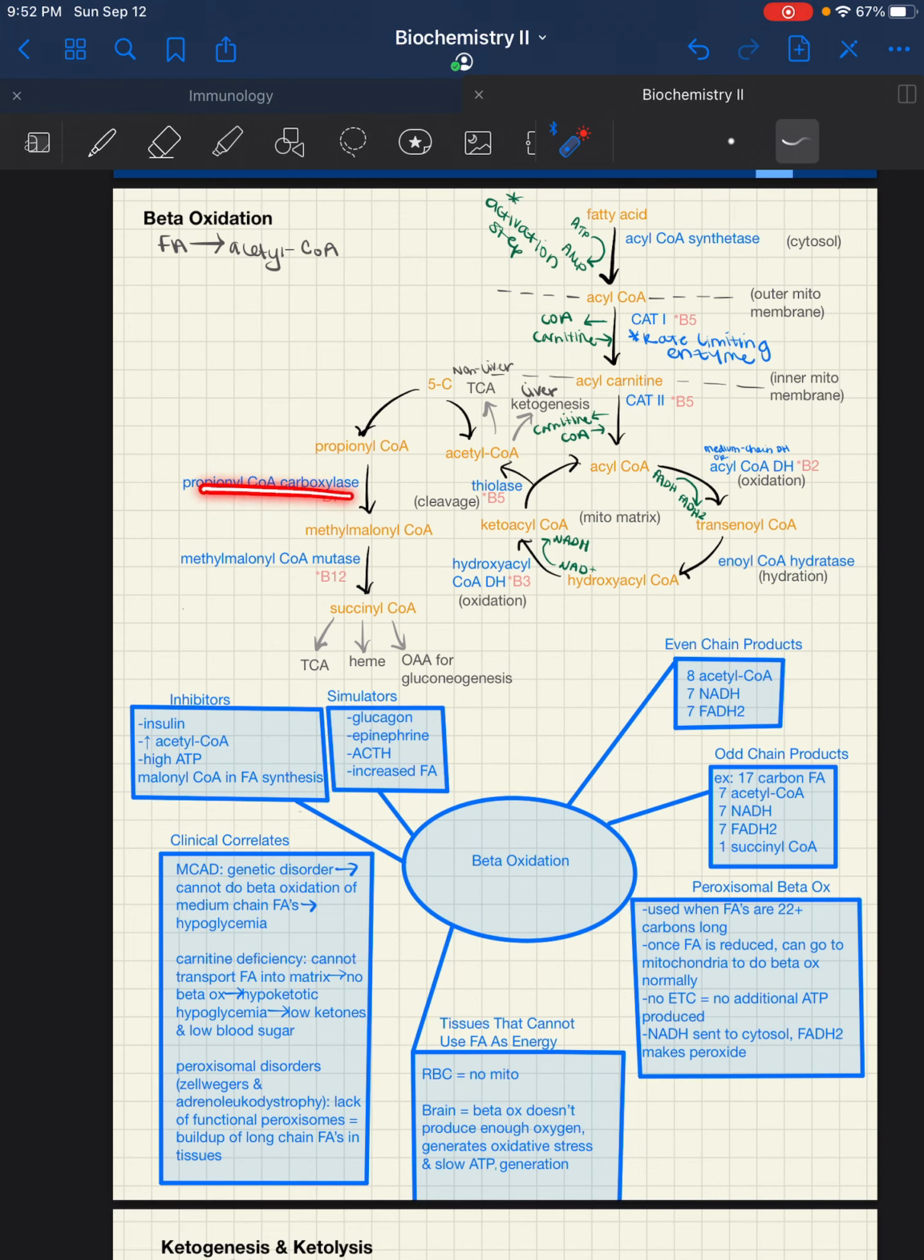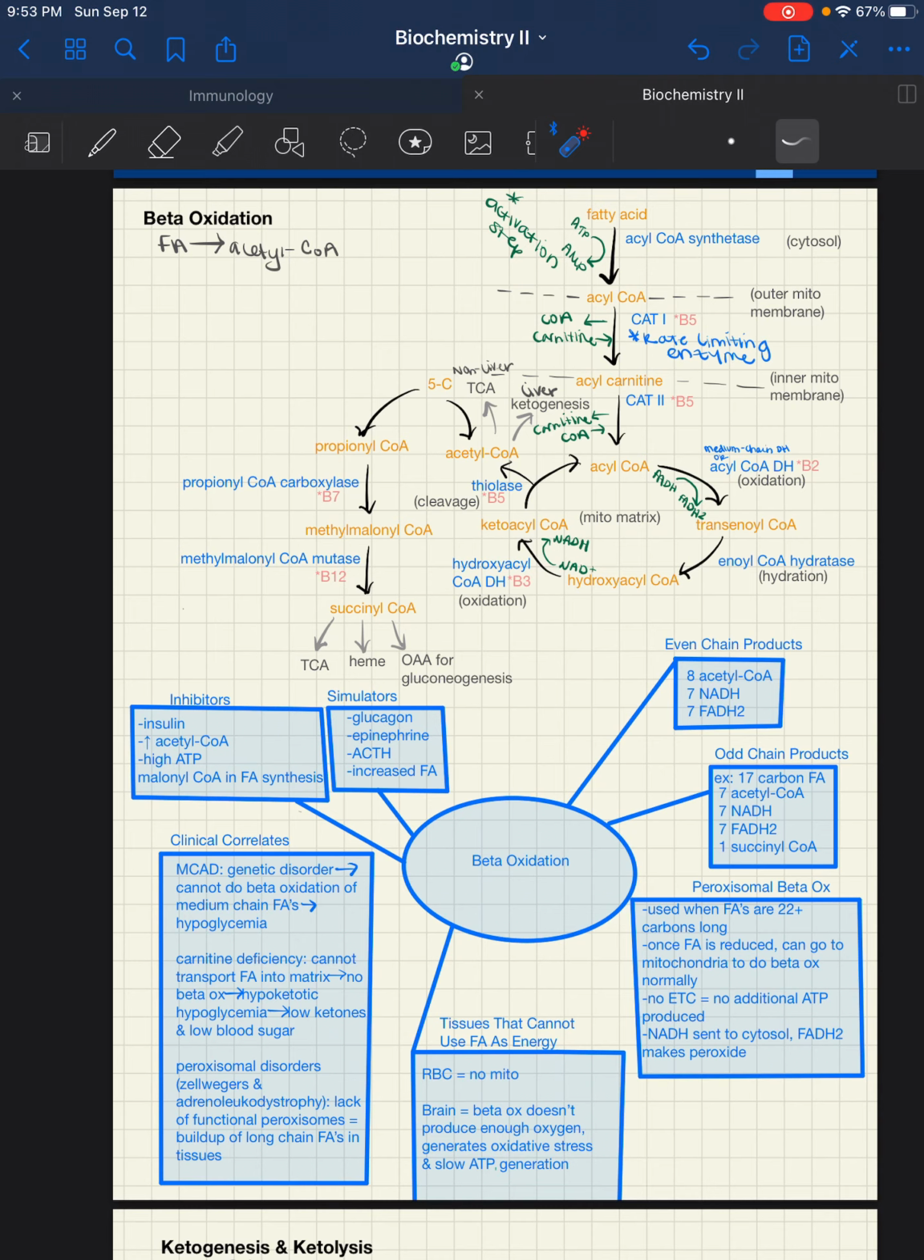Propionyl-CoA carboxylase will turn propionyl-CoA into methylmalonyl-CoA. Methylmalonyl-CoA mutase will turn methylmalonyl-CoA into succinyl-CoA. And just recognize that carboxylases are always paired with biotin, and I'm not sure if mutases are always paired with B12, but just know that this enzyme, methylmalonyl-CoA mutase, works with B12. Once succinyl-CoA is produced, it can do a few things,